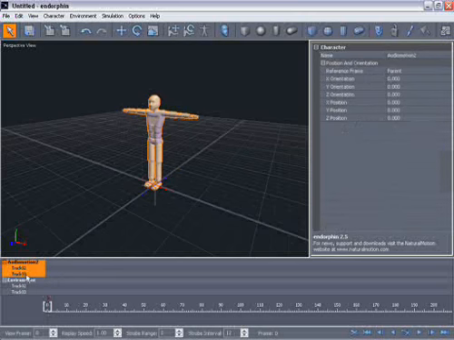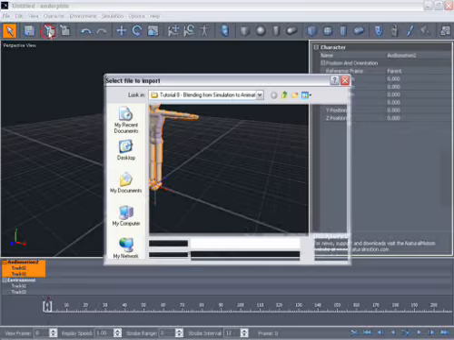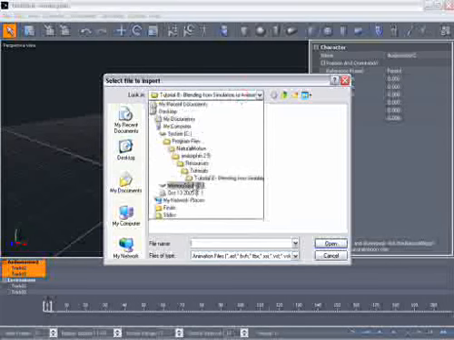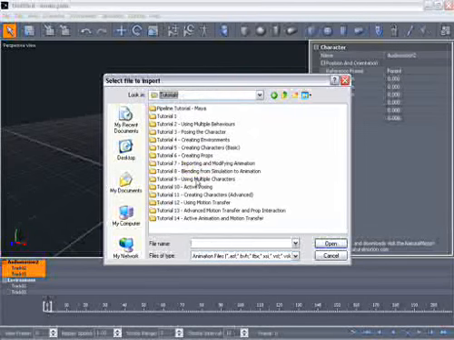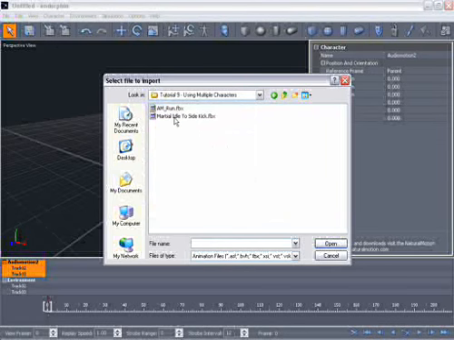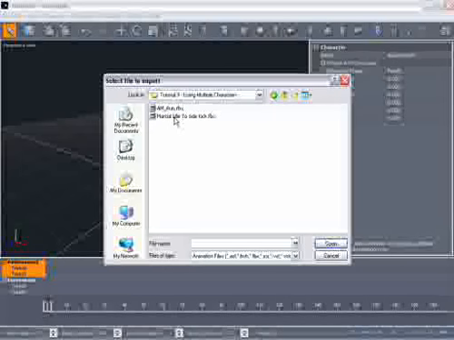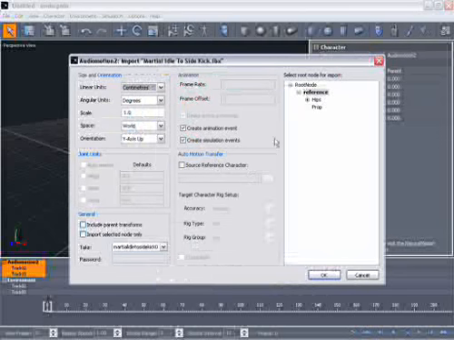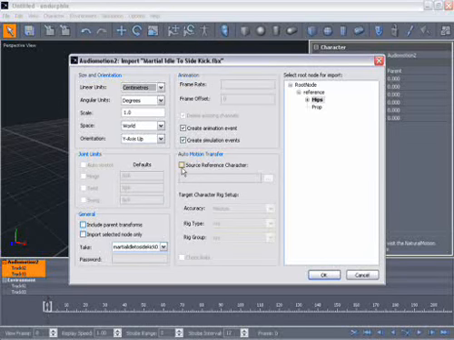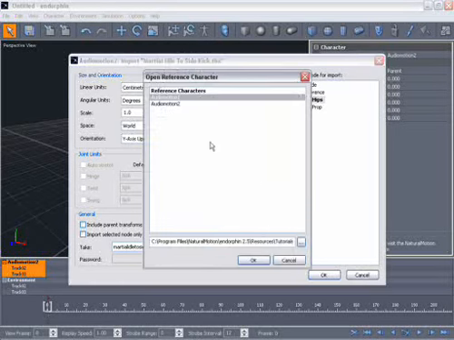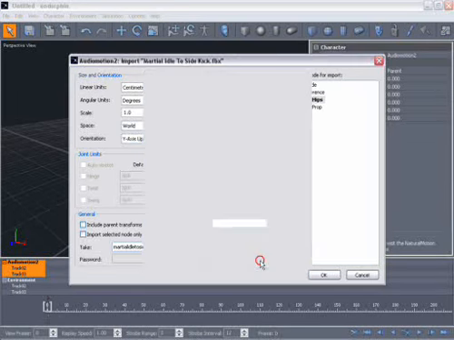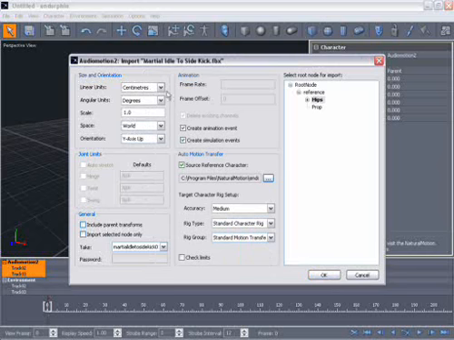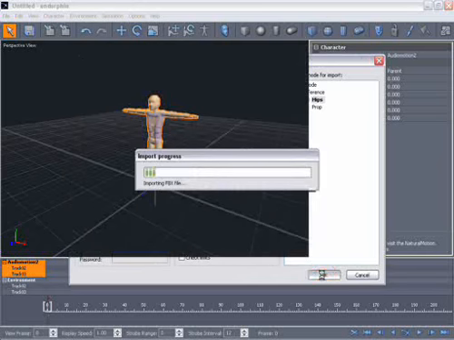We select him in the timeline, click import and go to tutorials folder, tutorial 9 again, and here we have martial idle to side kick. So let's load that in. I'm going to select the hips, that is the root of the character. Then in the auto motion transfer section, turn it on and then go to browse and select auto motion 2 as our reference character, click OK, and then leave all the other settings as default, click OK to load that